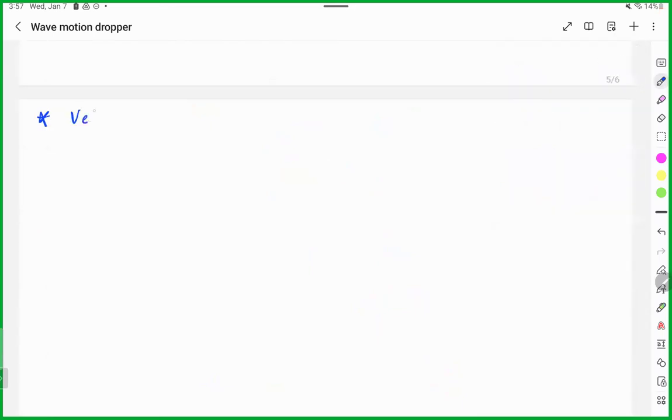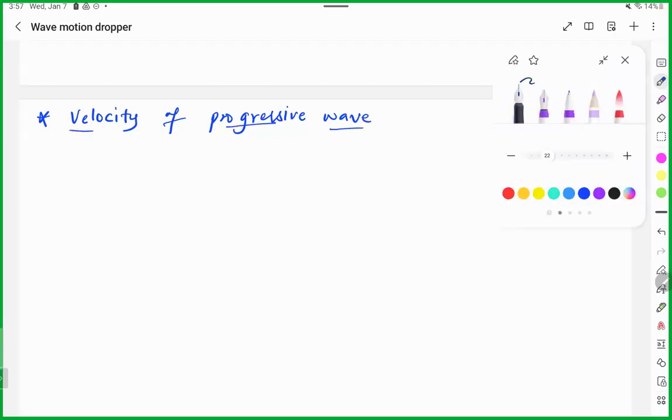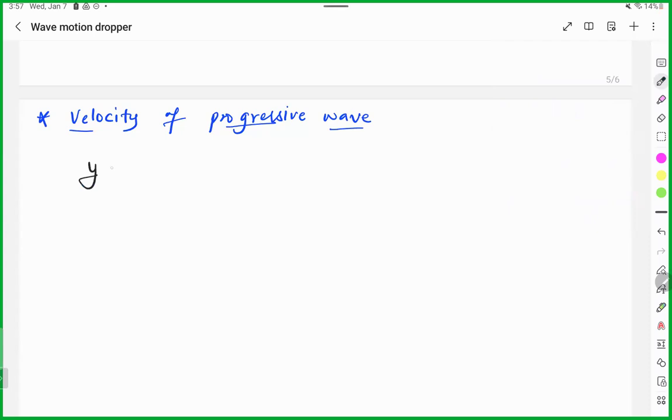So we are talking about velocity. How to calculate velocity of a progressive wave? The wave is moving either in the plus x-axis or in the minus x-axis. So what will be the velocity in this case? If you see y, the displacement, it will be equal to a sine(kx minus omega t plus phi). This was the equation. If you want to calculate the particle velocity, an individual particle moving at a given point,